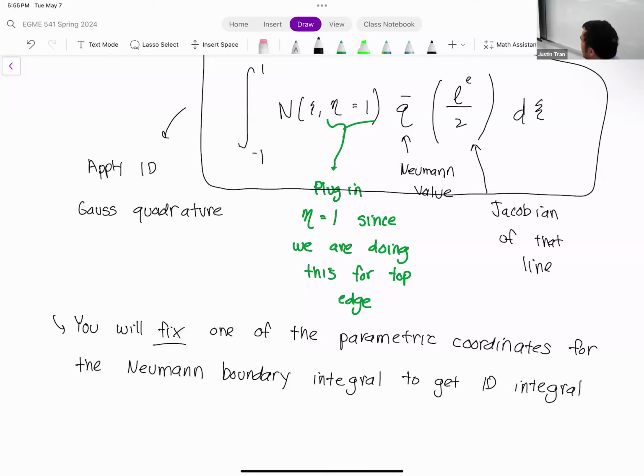Question. What if the Neumann condition is on the diagonal? Great question. If it's on the diagonal, you have to do another change of variables, because it's still a line, but you're on that diagonal line. On that line there's a fixed relationship between xi and eta. So you just plug in xi equal to -eta into the equation, and then integrate over that one variable. The instructions for that are in the project specs. I think we'll probably go over that together on